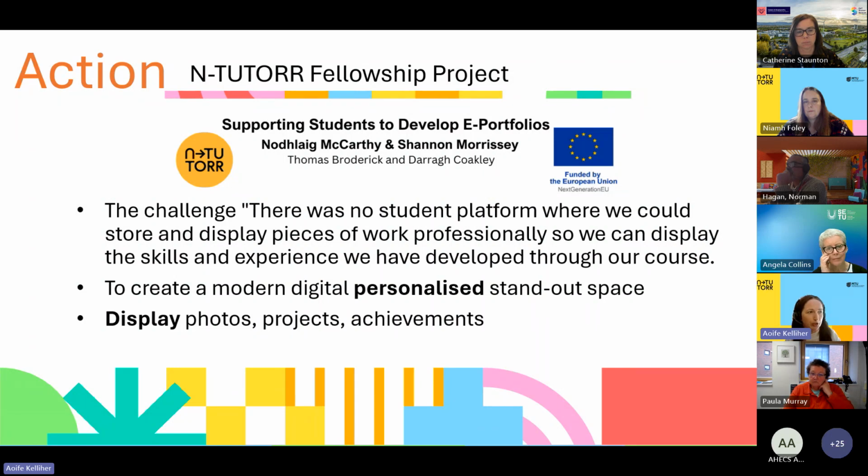I just want to highlight one key project, one of the fellowship projects this year, as an example. This project was looking essentially at e-portfolios. The challenge for them, they are in a sports coaching course, was that paper-based CVs didn't really capture their skills, didn't capture themselves, their expressions. So they wanted somewhere where they could display them, and the key goal was that when the third years go out on work placement, instead of sharing a paper-based CV, they would be able to share a link to a portfolio.